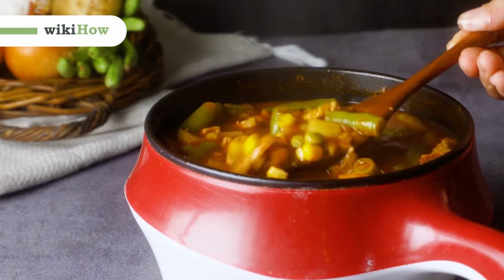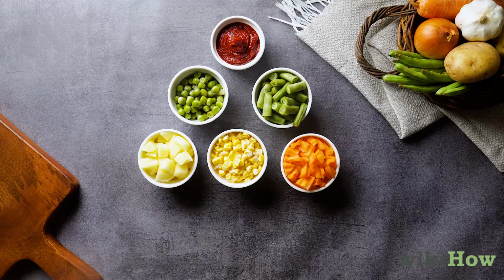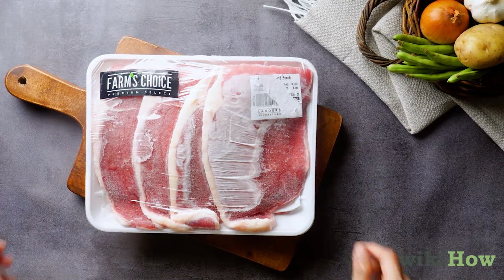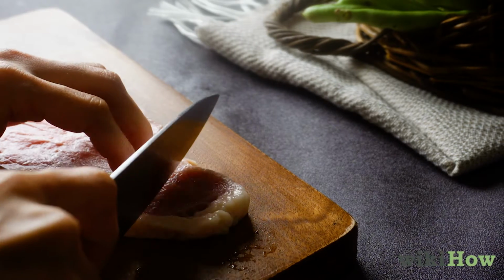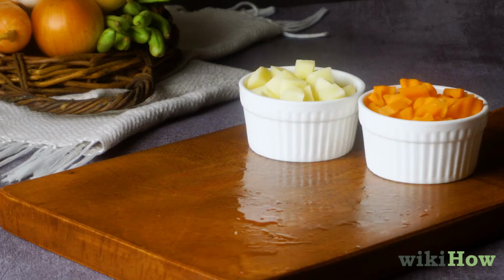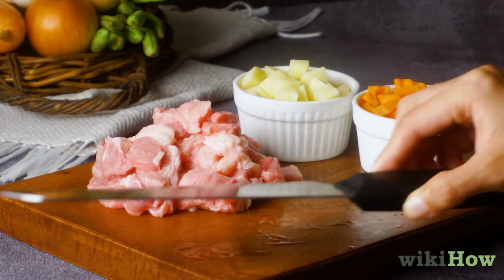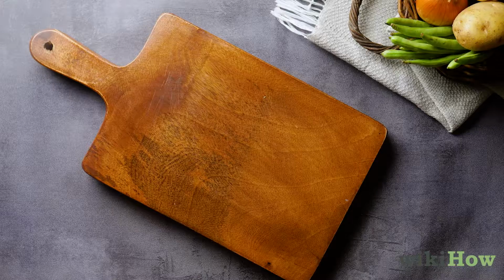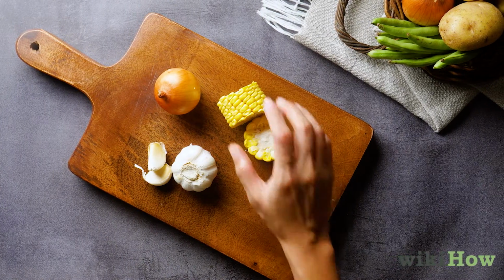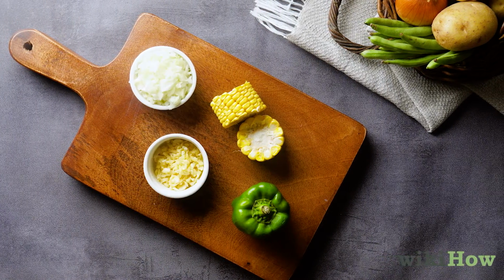To make soup in a slow cooker, start by preparing your ingredients. If you are using frozen ingredients, make sure to thaw them before you assemble your soup. Next, cut any meats and hearty root vegetables you are using into similar-sized pieces so they all cook at the same rate. Aromatic vegetables like onion and garlic and soft vegetables like corn and peppers can be cut into smaller